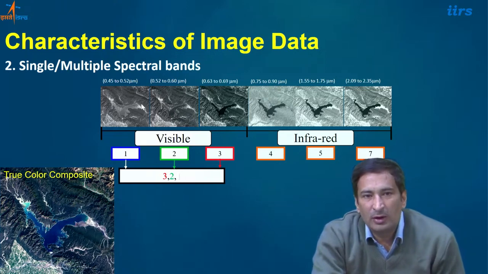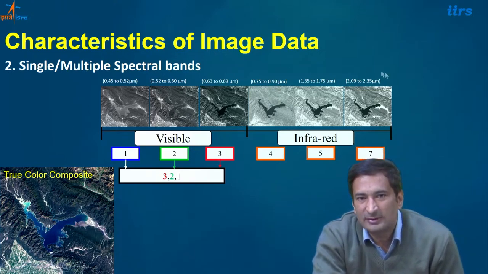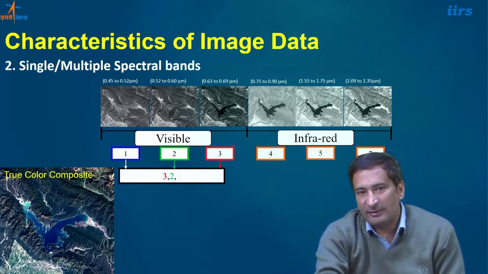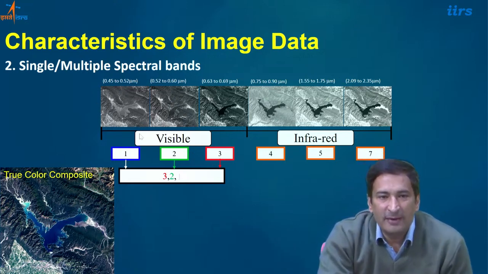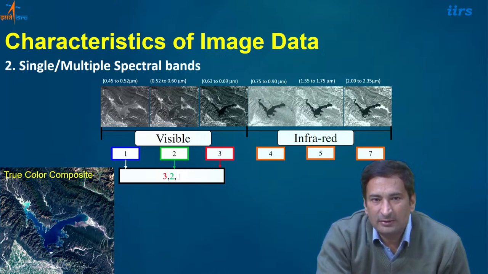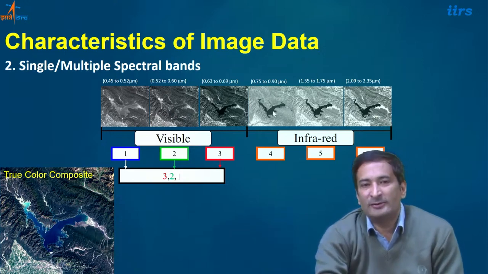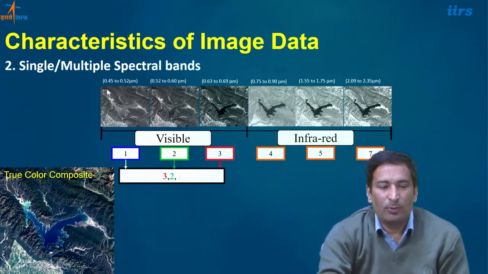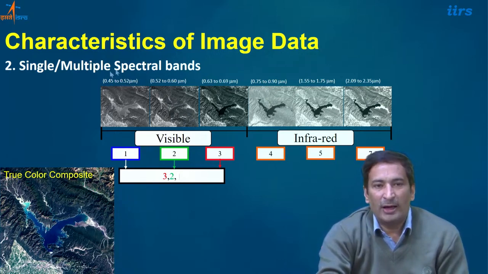Here I am showing you around 7 bands. So this is not from LISS 3, it is from another satellite from the US, that is Landsat 1. So there we have 7 bands. The bands, if you can see, band number 1, band number 2, another band number 3, this is called blue, green, red, near infrared, and then there can be again 2 bands for near infrared and then short wave infrared also. So these bands, you can see 0.45 to 0.52 micrometer.